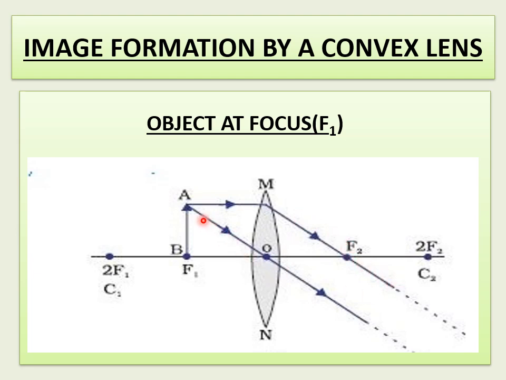And one more ray you have to take is passing through the optic center. So it goes undeviated, that is, going straight. These two never meet at any point. That means after refraction, they will be parallel. In this case, you have to remember that this convex lens converts the diverging rays of light coming from the object into a parallel beam of light rays which form an image at infinity.